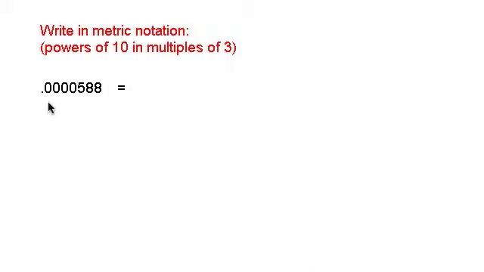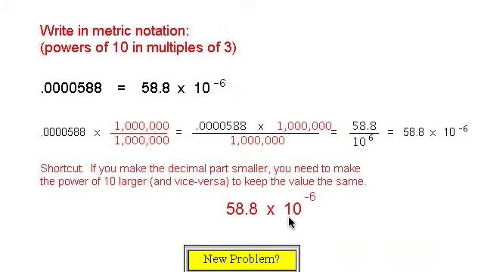To write this in metric notation, we need to go 6 sizes. So the mantissa is 58.8. Since we increased this by 10 six times, we have to compensate by dividing by 10 six times, which is represented by this. So this would be 58.8